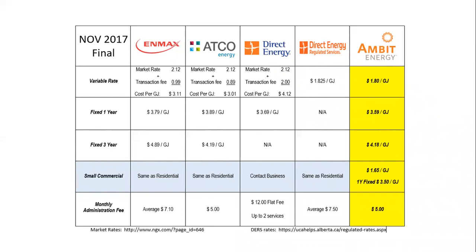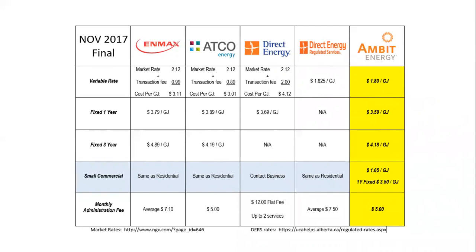The commercial is particularly aggressive because we reward consumption, and we came in at $1.65. Today that's changed as of May. Today we're at $1.72, and our 1 year fix for commercial is $2.52. But not important, guys. I just want you to know that we're extremely competitive across the board for both gas